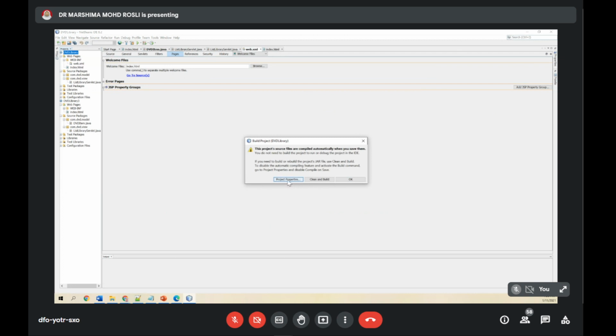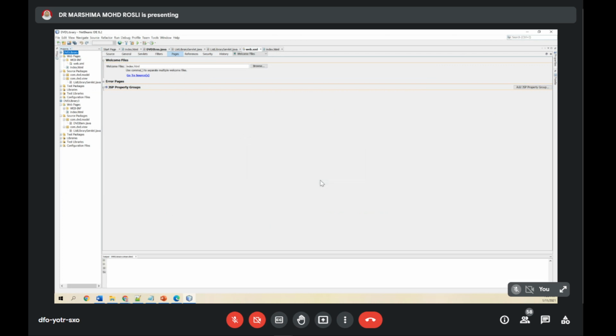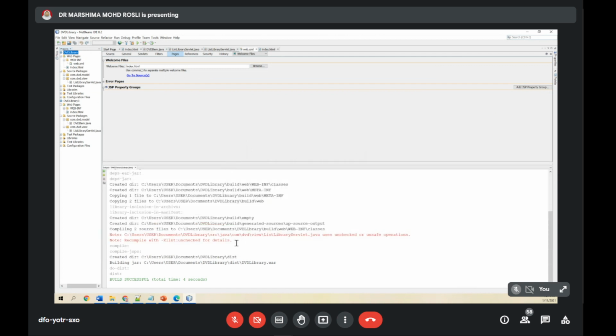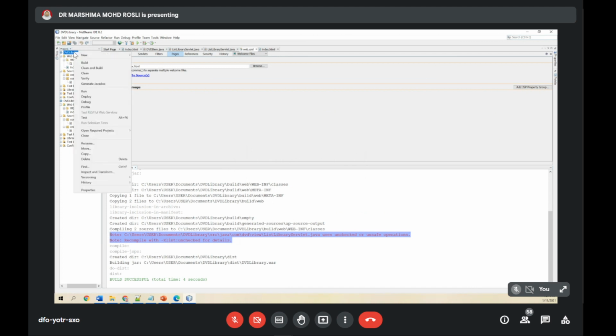See, we compile. So I want to do clean and build first. Clean meaning that if previously I have built it with errors, it can clean up all the garbage, some sort of garbage. So it will clean up and build again, meaning compile one more time. Build to compile. Okay, now there is no error. So always look at this. Alright, so after build successfully,